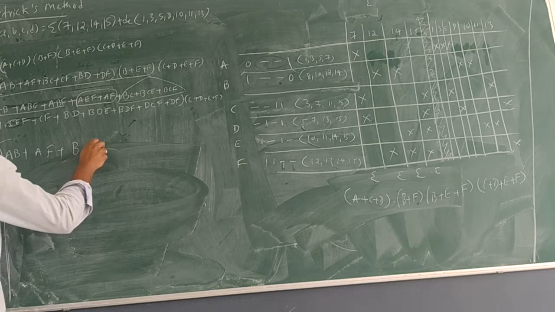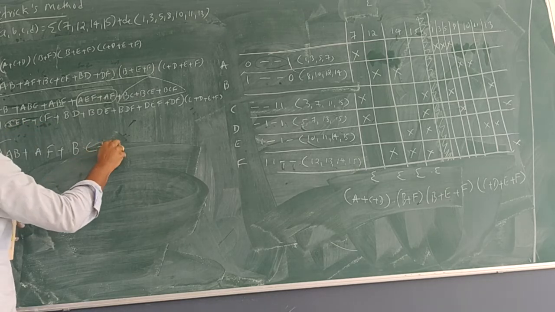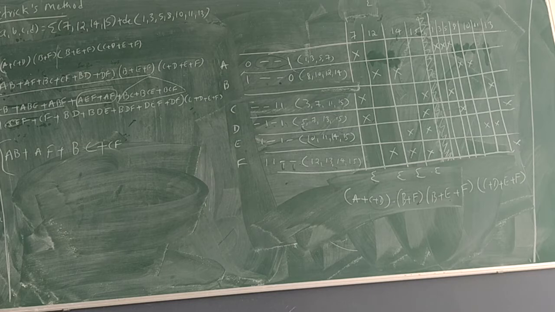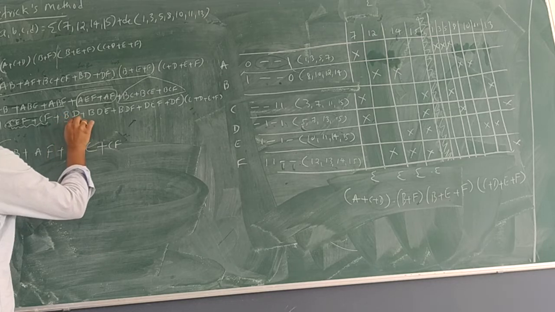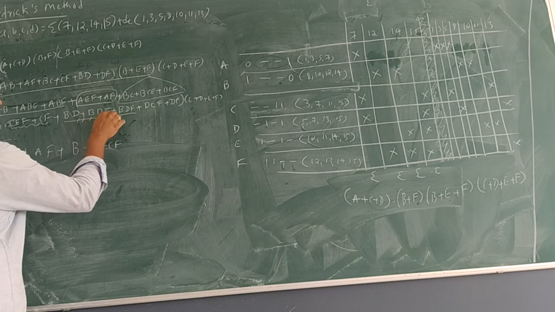So now next, CE and CF. Between them, what is possible? CEF and CF. Can I directly write it as CF? Yes. See, I will write it as a dashed line. So this is a little more advantage. You can see here three terms, which I write like this.